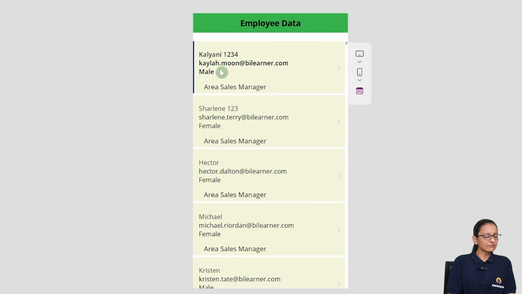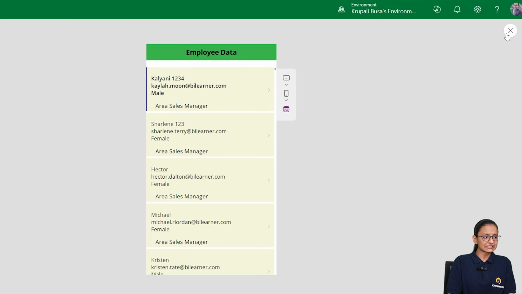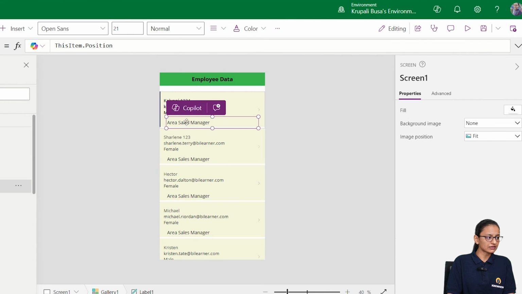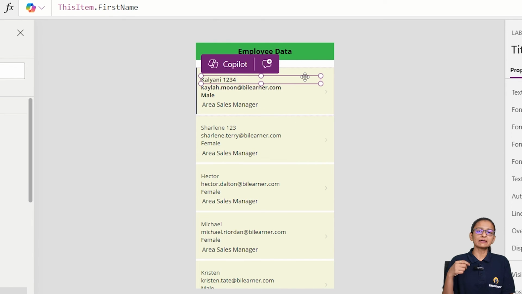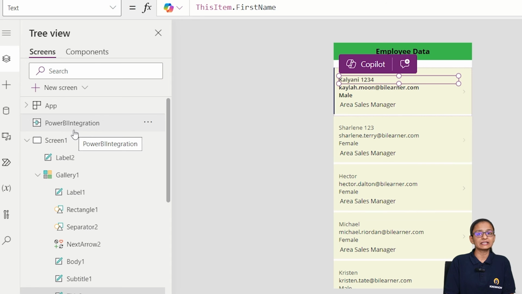But let's say if you come back to your previous screen, you will still be able to see 1, 2, 3, 4. So that does not make sense. What is the reason for that? The reason is that when I am submitting the data, I need to refresh this Power BI integration data